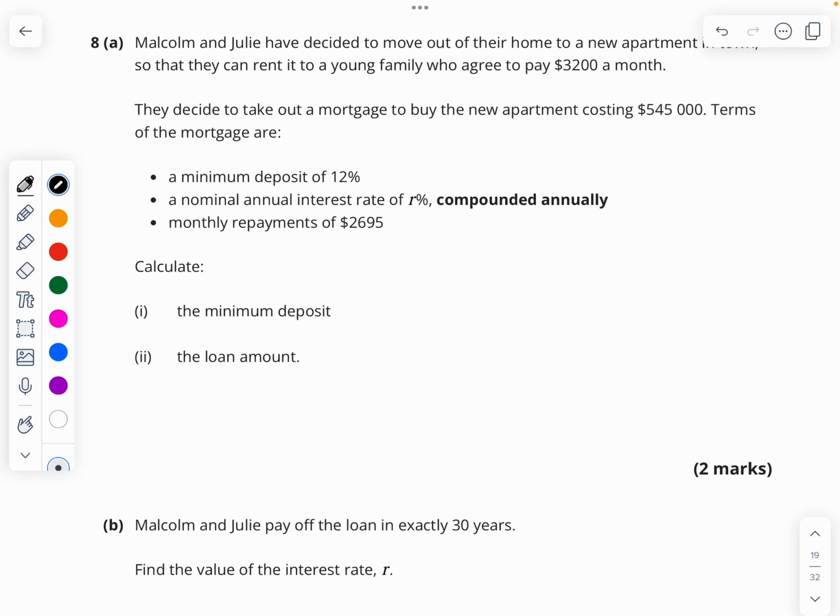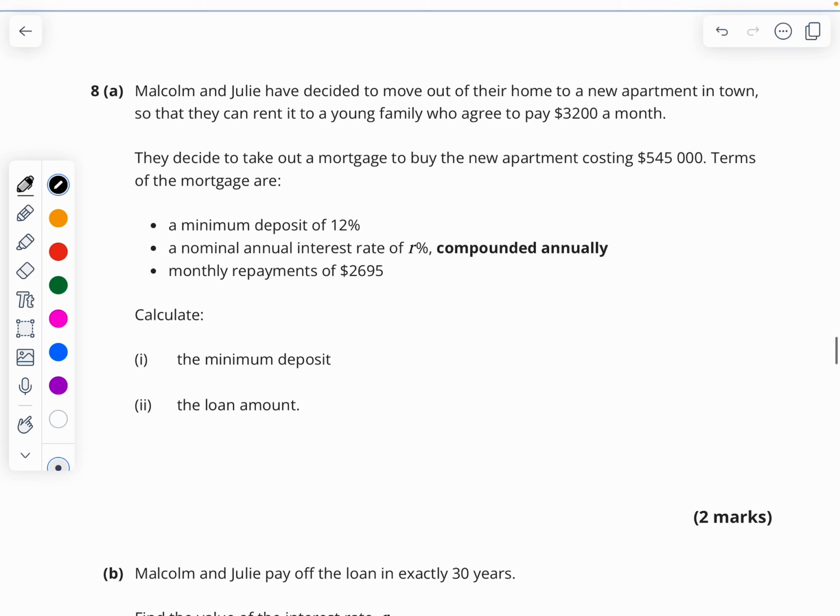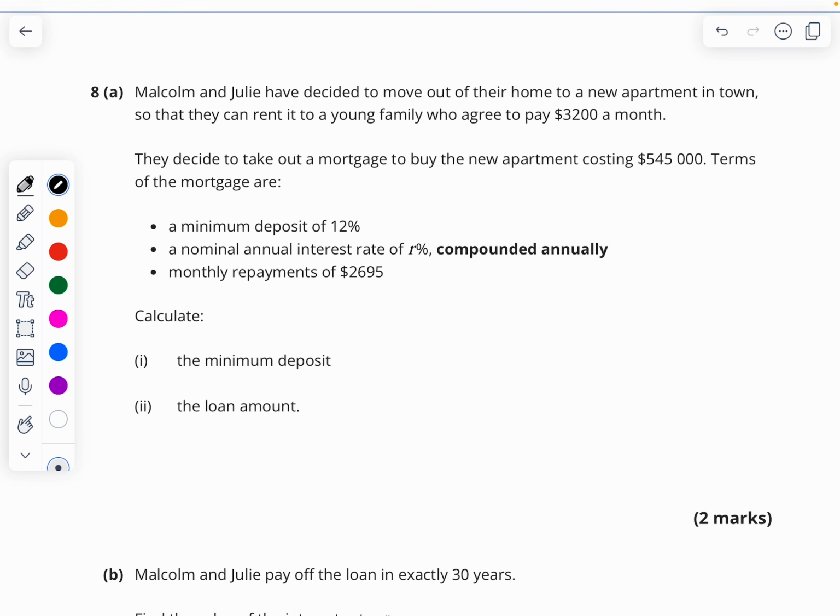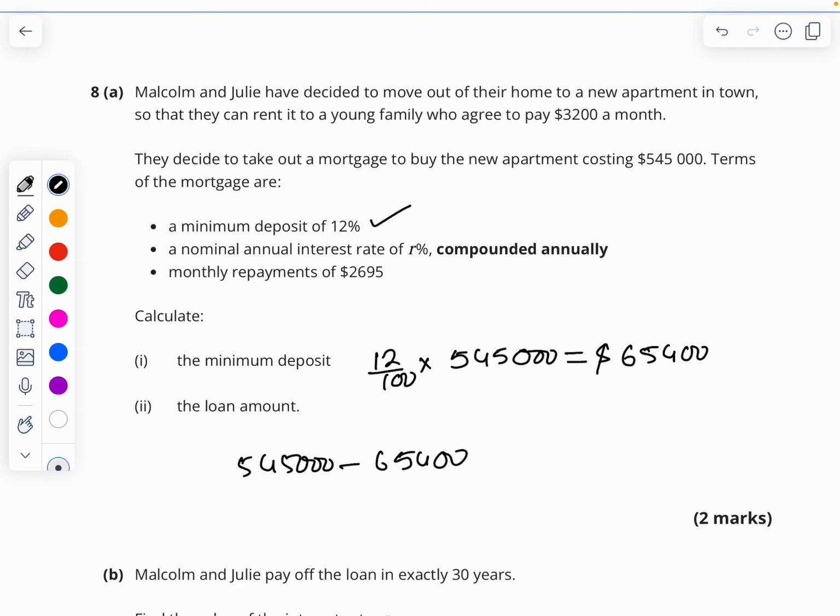Question number 8. Malcolm and Julie have decided to move out of their home to a new apartment in a town so that they can rent it to a young family who agree to pay 3,200 per month. They decide to take out a mortgage to buy an apartment of 545,000. The terms are minimum 12% deposit, 12 upon 100 times 545,000. So what does that become? 65,400. The loan amount will be 545,000 minus 65,400, which is going to be